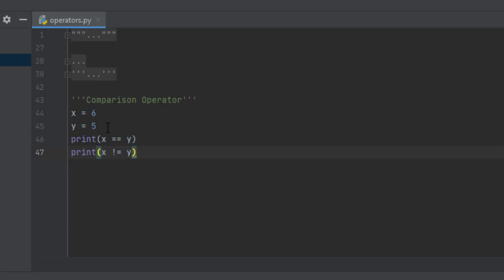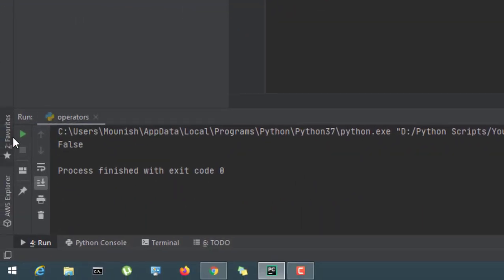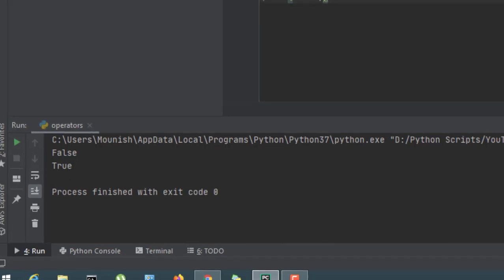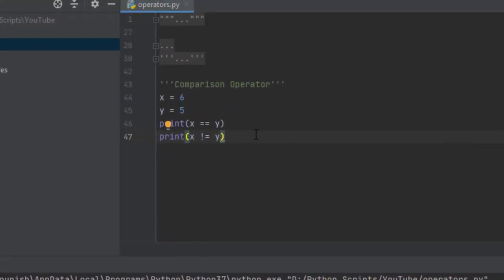In the same way the computer understands it as an exclamation mark telling you that it is not equal. So when I print this out, what does it return? It is telling true because x is not equal to y.